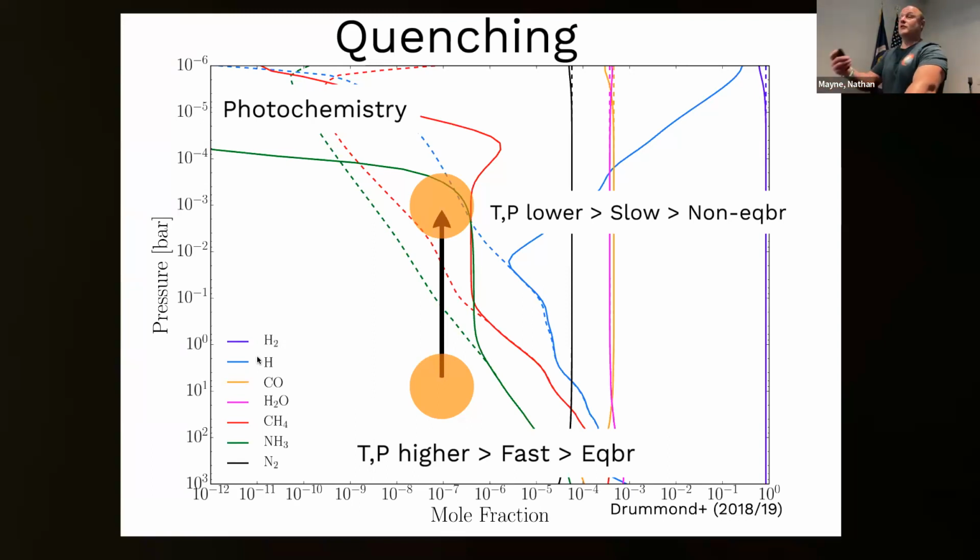This quenching, as it's called, as many of you will probably know better than me, was shown in Jupiter in the late 70s. I think it's a Bezard name, I forget, but in 1977 this was shown in Jupiter. So transmission spectroscopy, which I'll speak a lot about, depends on the composition of your atmosphere, etc. But roughly speaking, we're looking in this millibar region. So for this particular example in 1D, you can see that this is right where things get a bit